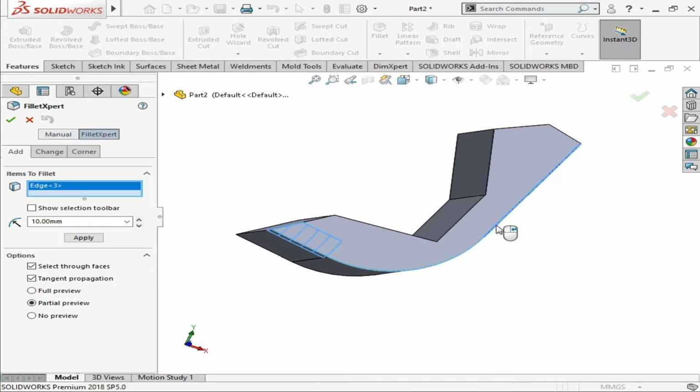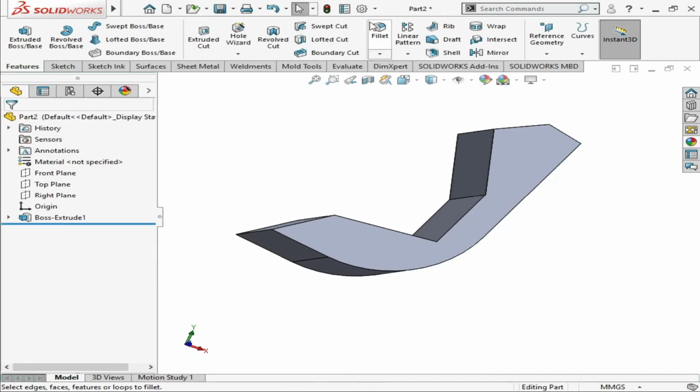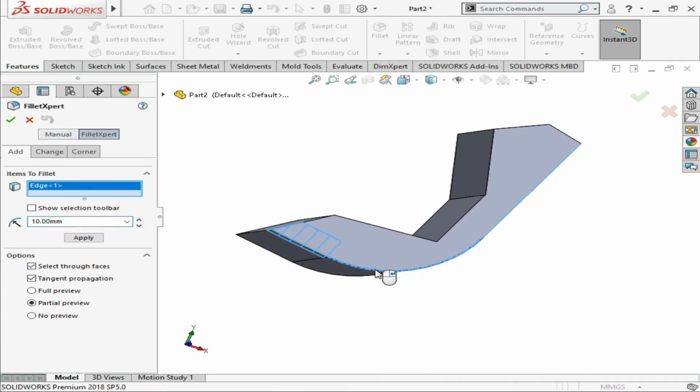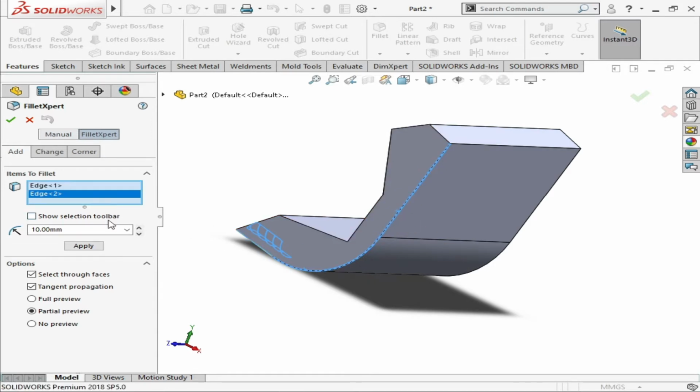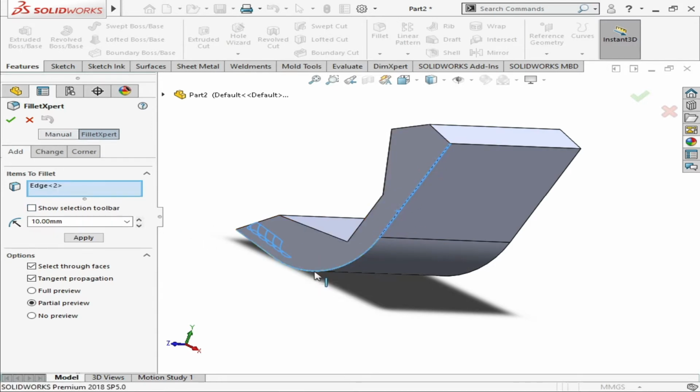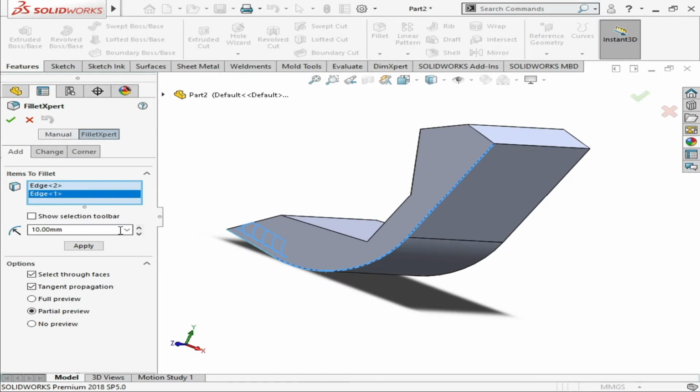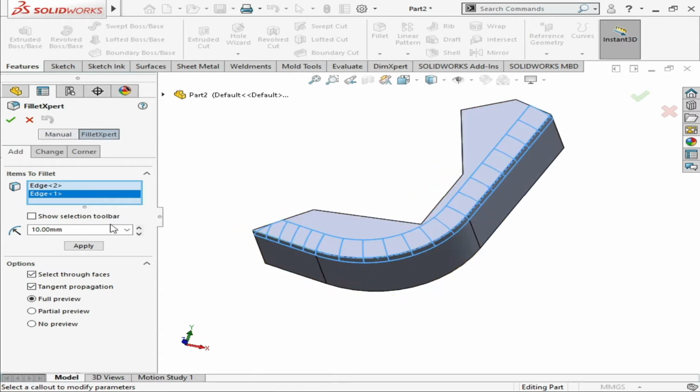If that doesn't work, you click again, or take fillet, click here, full preview, and you can see the full preview.